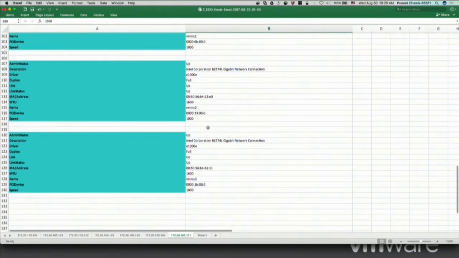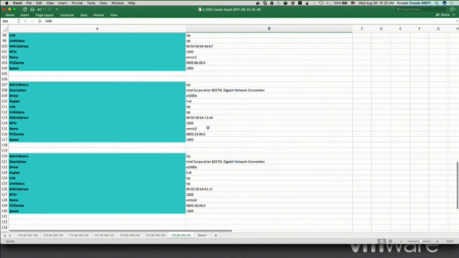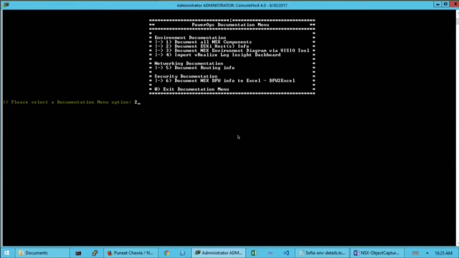I love the fact that how easily I can use it. And oftentimes when I'm in my lab or I'm playing with things, I create these documents because it's hard even for me, who's in NSX every day, to query and run the CLI commands to find the information. When I have this, it makes it much easier for me to refer back to my own environments. So we have other options also for environment documentation, but let's go ahead and take a look at some of